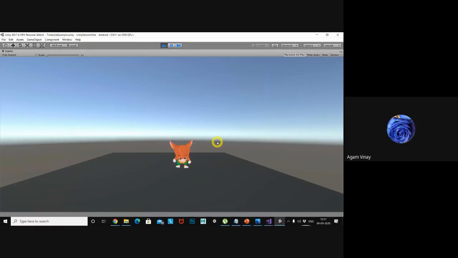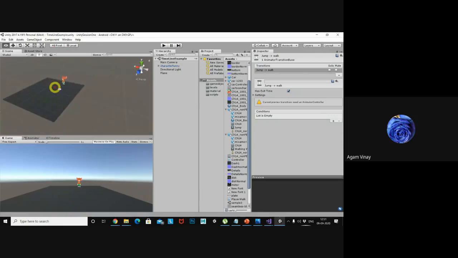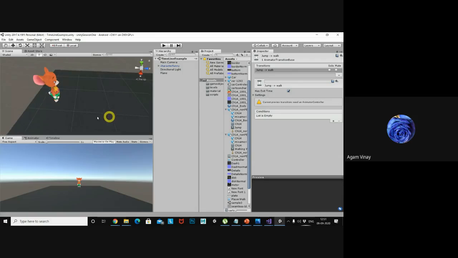I press space again. For more smoothness, if you want, you can make a little bit of changes in the code, but as of now it's looking smooth. These are the animation switches, how one character will behave.